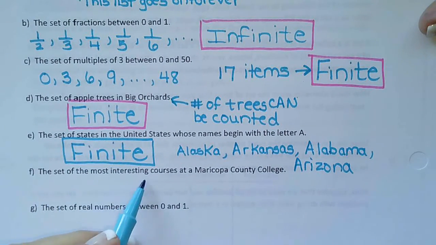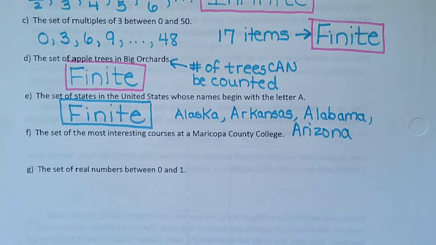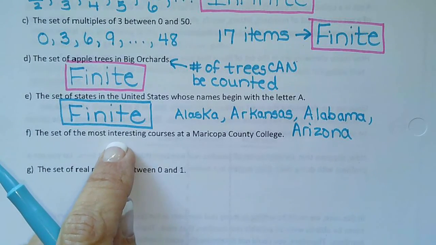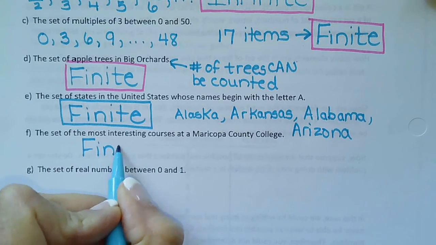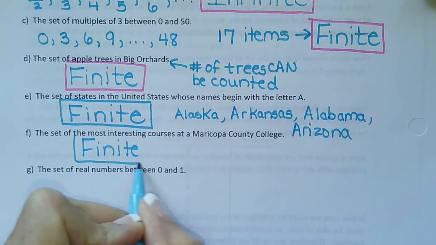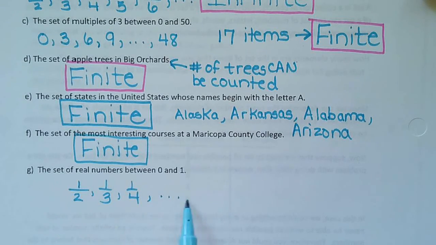The set of most interesting courses at Maricopa. So what you have to ask yourself is, is the number of courses infinite? No, I could count how many courses are offered at a college, so that would be finite. Number of numbers between 0 and 1 would definitely be infinite. That would be like real numbers, 1/2, 1/3, 1/4, and so on. So that would